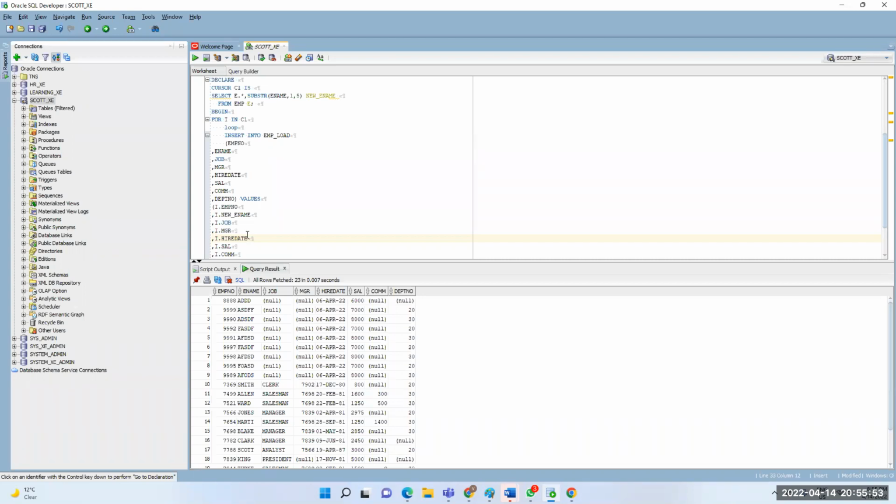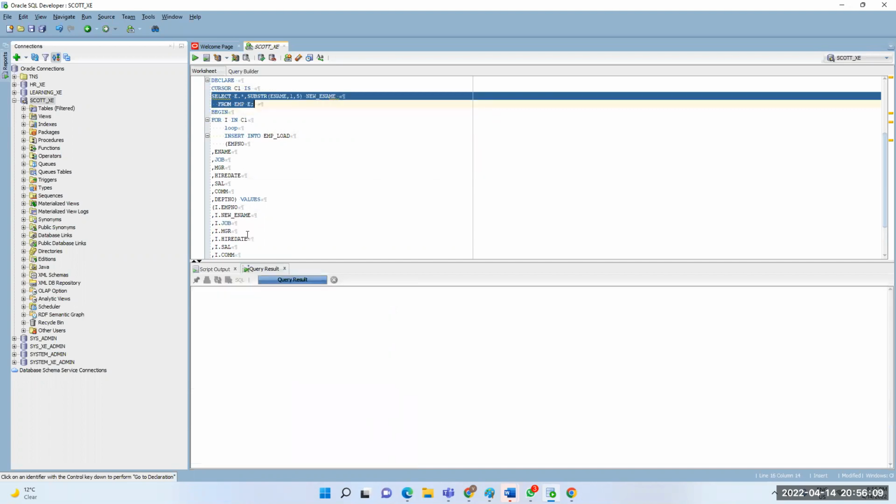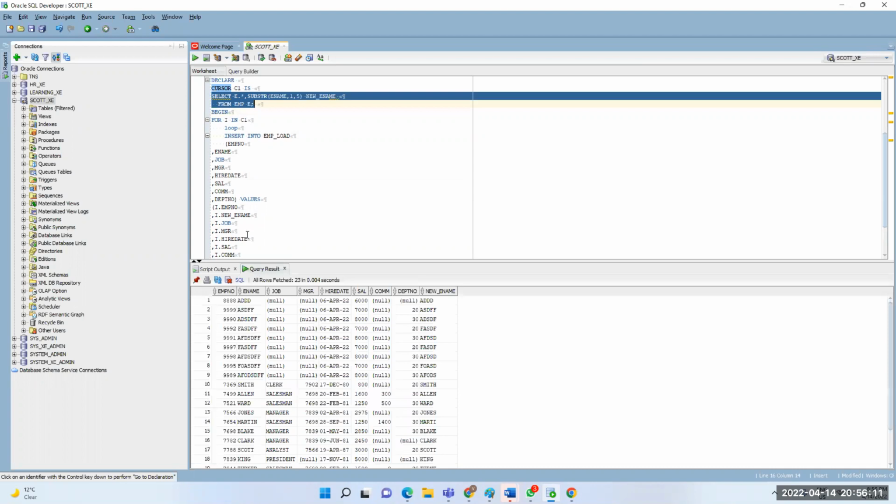Can you tell us about that select E dot star comma substr E name? What is this command doing here? The first 5 characters are displayed in the name field.